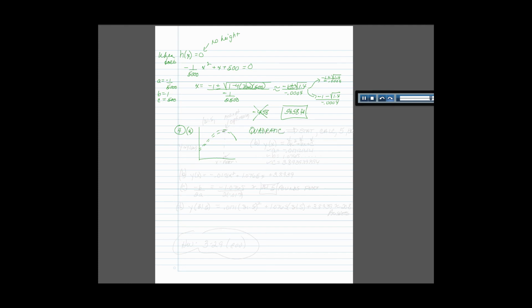Now it says use a graphing calculator in B to find the quadratic function of best fit to these data. So we want to know what is y of x. These are the steps to do the quadratic regression. You're going to hit stat and then hit your right arrow over to calc, and then number 5, which says quadratic regression. Because we know that we're using L1 and L2, you can just go ahead and hit enter. You don't have to tell it a different list. It's going to automatically use